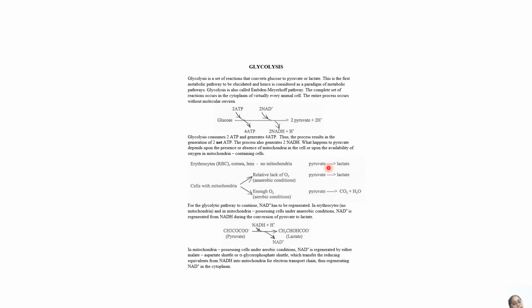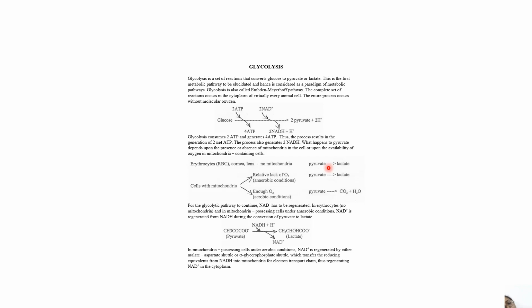And the entire process occurs without molecular oxygen, and it consumes 2 ATP and generates 4 ATP. Thus, the process results in the generation of 2 net ATP. The process also generates 2 NADH. What happens to pyruvate depends upon the presence or the absence of mitochondria in the cell and upon the availability